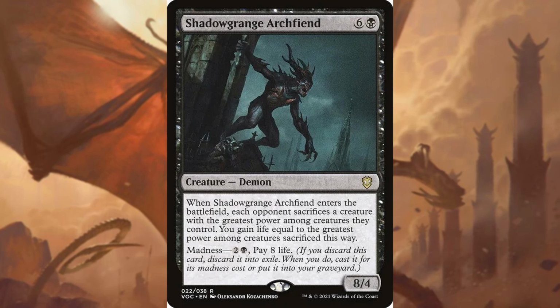Shadowgrange Archfiend is cool because it's got Madness. Madness works really well with this effect. It says, when it enters the battlefield, each opponent sacrifices a creature with the greatest power among creatures they control. You gain life equal to the greatest power among creatures sacrificed this way. So you're going to pay 3 mana to make a zombie token of it. Then as you discard it, you can pay 3 mana and 8 life to be able to play it, which will mean your opponents will have to sacrifice the 2 biggest things they have,